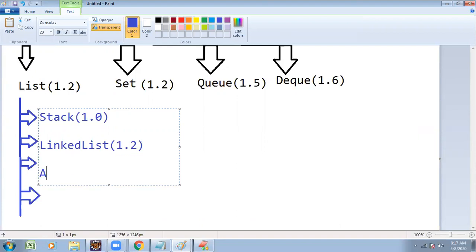Apart from LinkedList, ArrayList, which came into existence with the JDK 1.2 version. Apart from this, Vector, which came into existence with JDK 1.0.